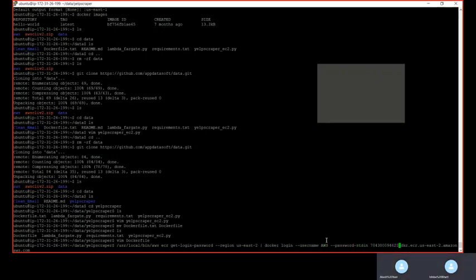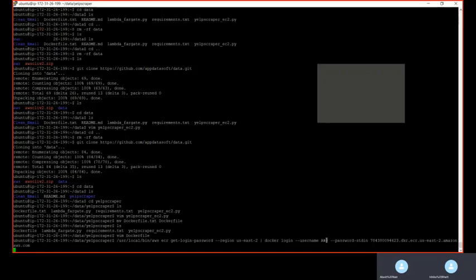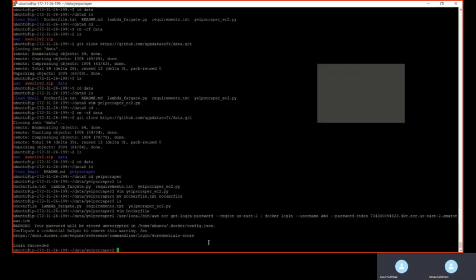Alright. Press enter. No, you don't need to go to the end, it will still work. Okay, so login is successful. Now copy the second command, that is docker build, and keep the screen on. Just copy the command. Yeah, it's fine.